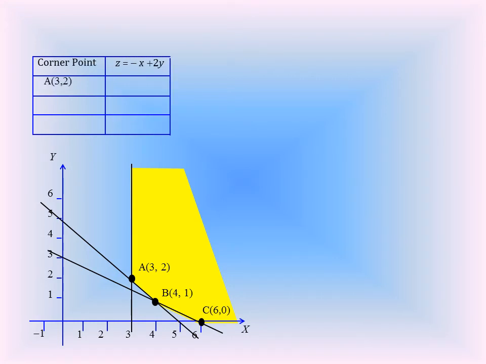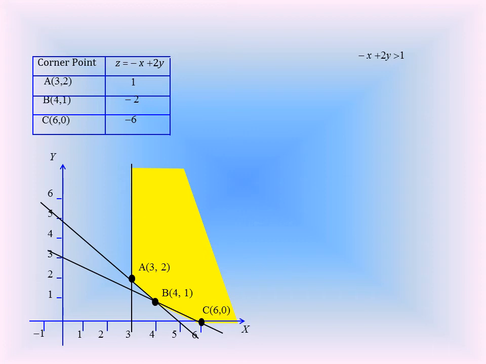Consider a table: A (3, 2), B (4, 1), C (6, 0). At A (3, 2) we get z equal to 1, at B (4, 1) we get z equal to minus 2, at C (6, 0) we get z equal to minus 6. By observing the table we can say that 1 is the maximum value, but since the